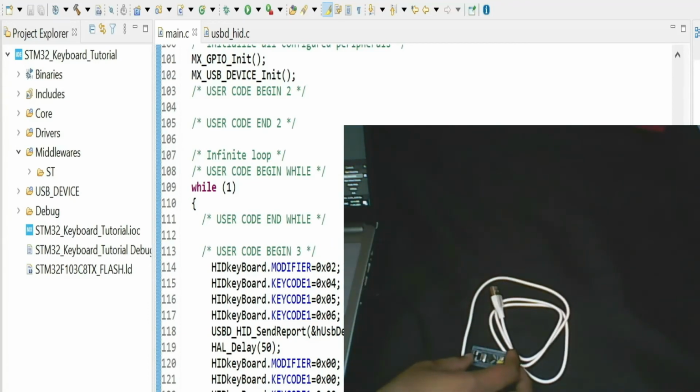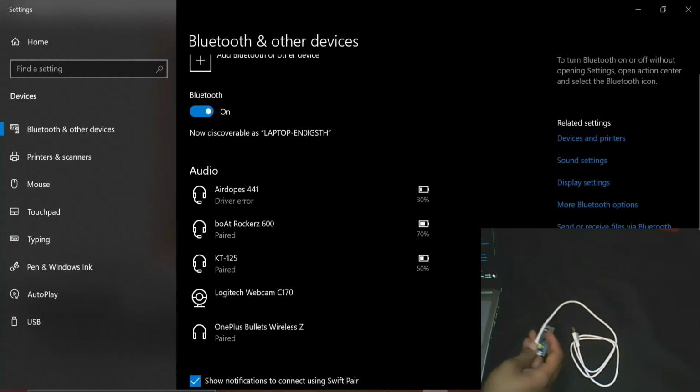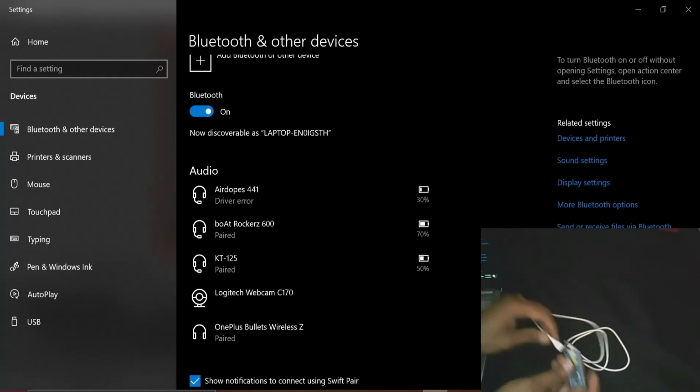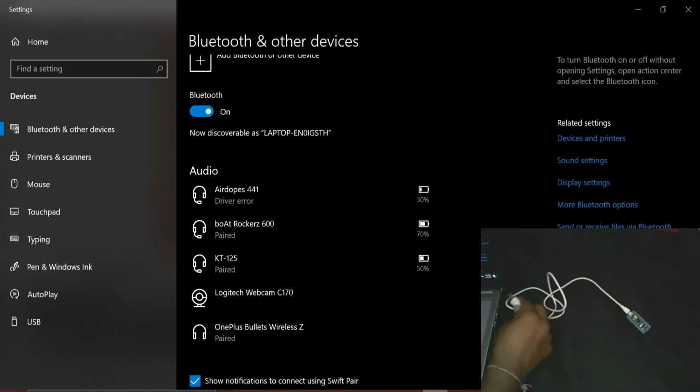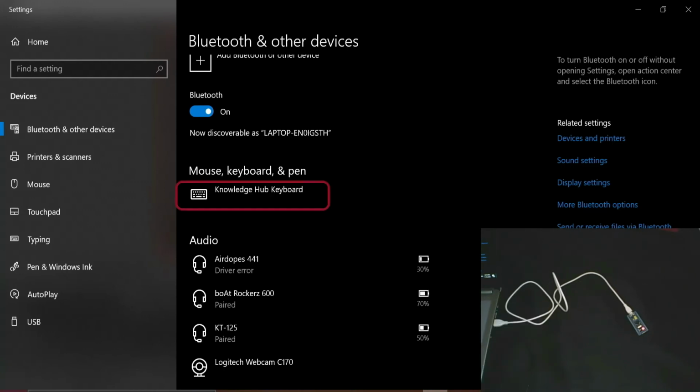Let me plug the STM32 board. Here you can see in control panel, it shows Knowledge Hub keyboard.